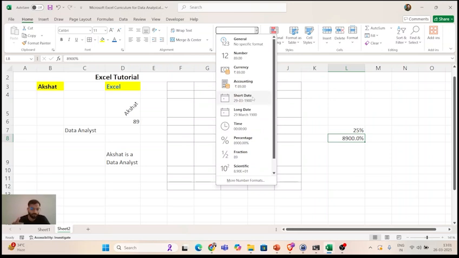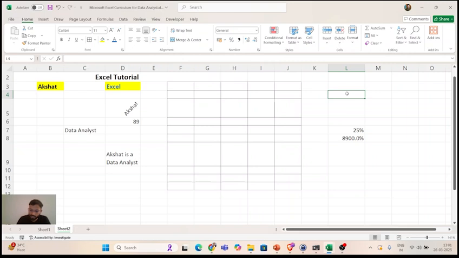So this is to increase or decrease the decimal points, and this drop down suggests to you the data type of the value which you are storing. Example, let's say I am storing a date, right? Let's say that today is 26/03/2025. Okay, that's great. It is stored like this.